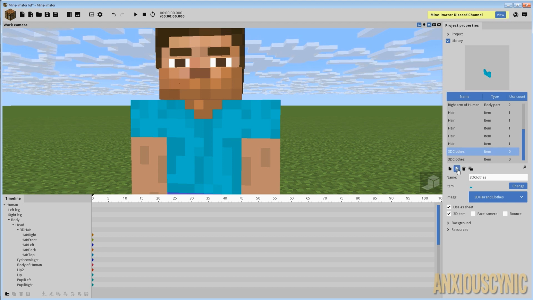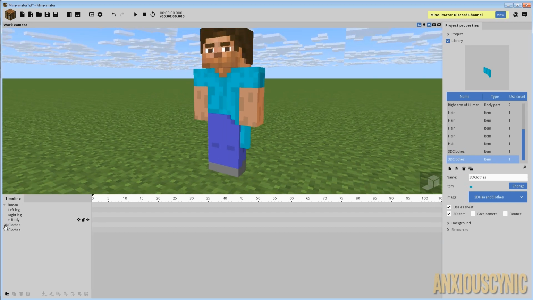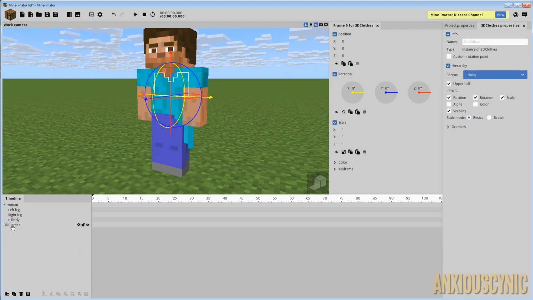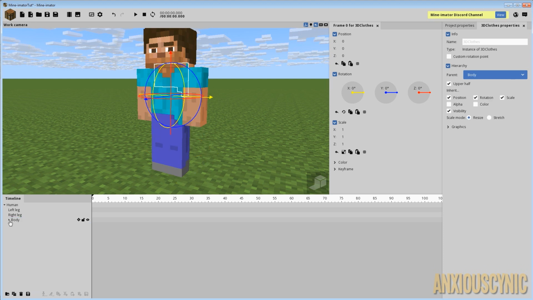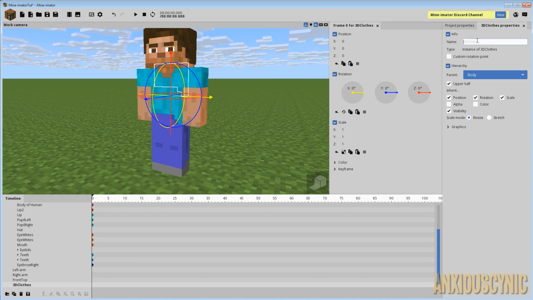I'm just going to give you guys the idea of how you might do this. So I'm going to go ahead and bring these two elements into the scene and parent them to Steve's character. So we're going to go ahead and parent it to the body just by grabbing them and dragging them up, or you can go over here to the menu as I have done numerous times in this tutorial. And we're going to call this one front top, and the other one is going to be front